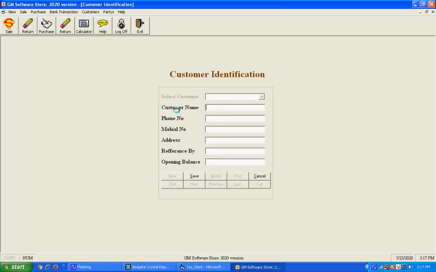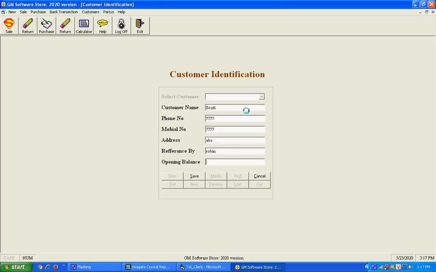The system asks me for the customer name. I enter the name Scott, and then a mobile number, phone number, and address, ABC, referred by Robin.